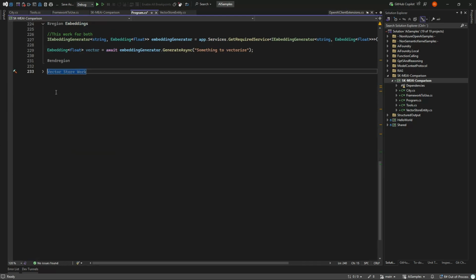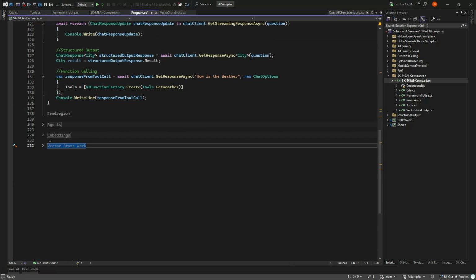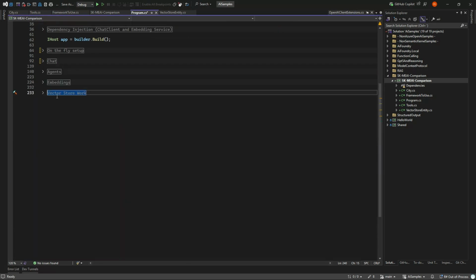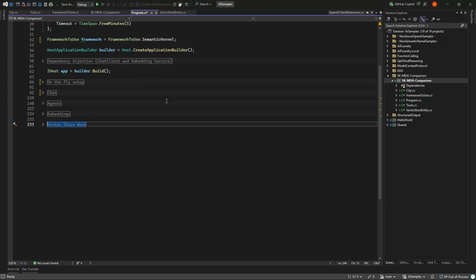So as you can see, when it comes to the more advanced stuff, Semantic Kernel has more. It has something called a process framework that I actually haven't looked at myself. But in terms of NuGet packages, I would say Extensions AI is a bit more clunky because you need to really understand what's going on, while it's just plug and play for Semantic Kernel.